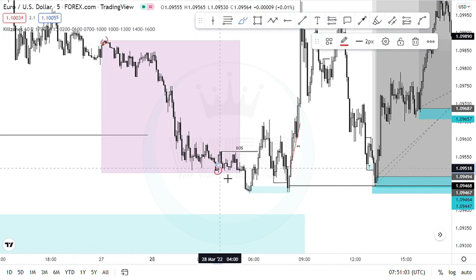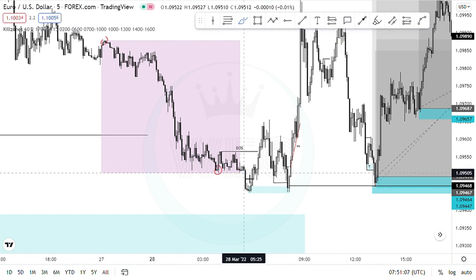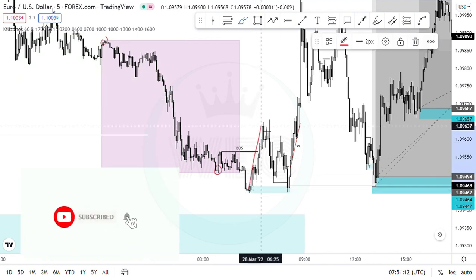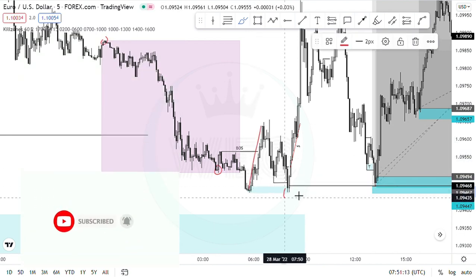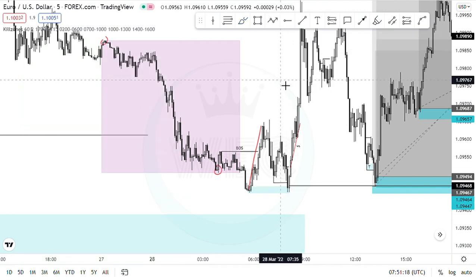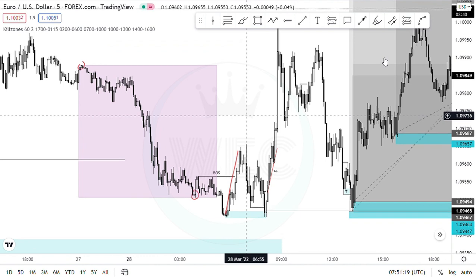So what did I see? I had my Asian low taken, and after that Asian low was taken, I had that break of structure to the upside. Personally, I missed this trade, but that's fine. If you had not missed that trade, if you were also looking to take that trade,